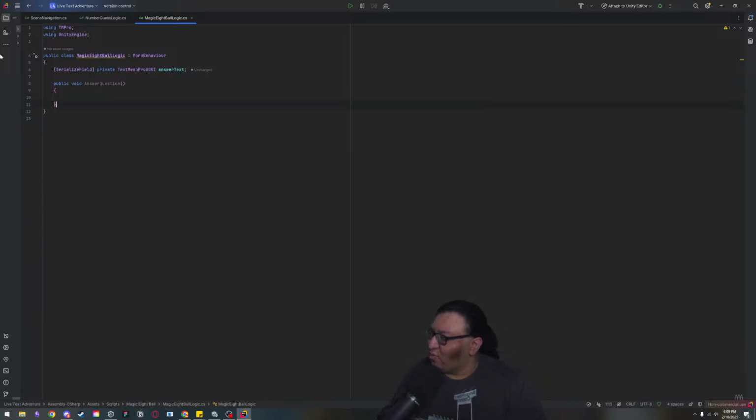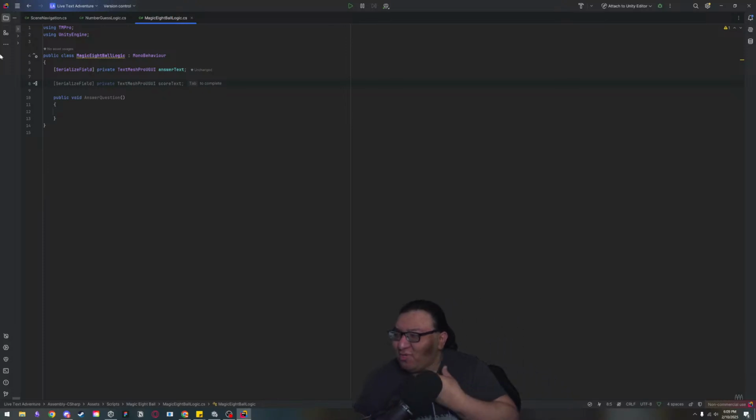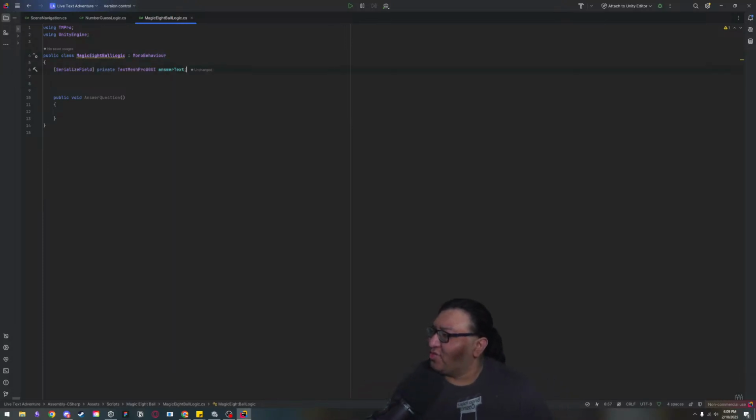And then we're also going to, you could do this one of two ways. You could have like a separate system. Let's do it the more difficult way, just so we can see what it looks like to have multiple scripts in different systems. So